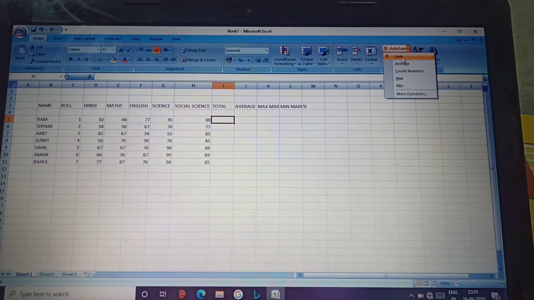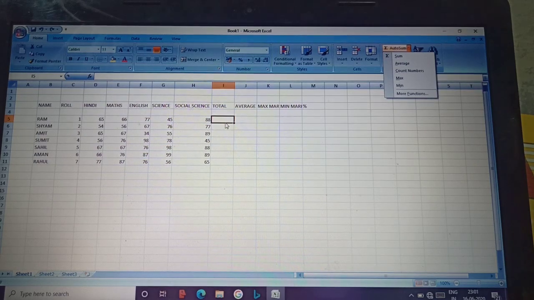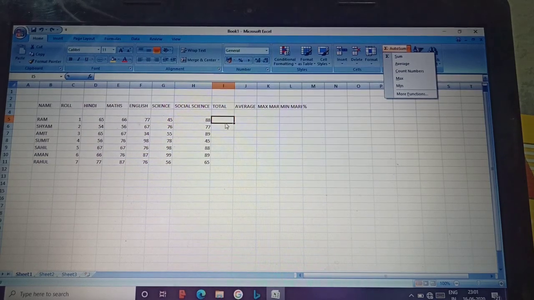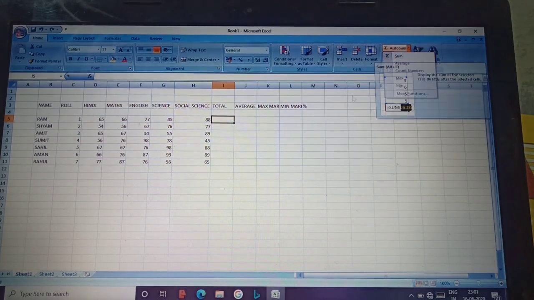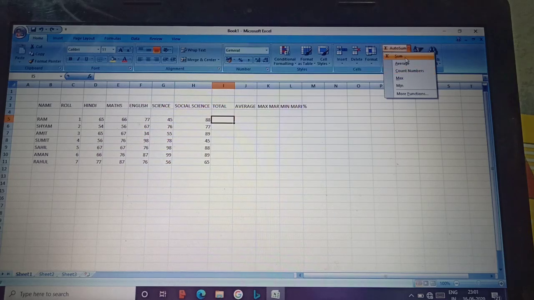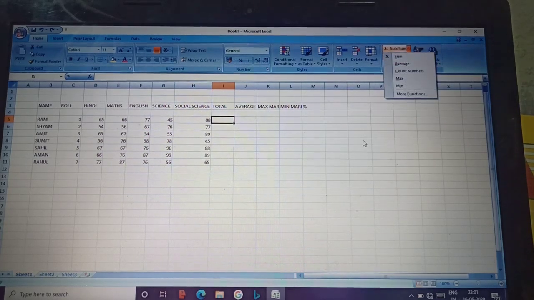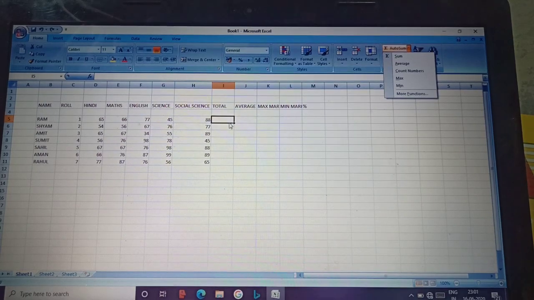From here also we can select the formulas, but we will learn how to write the formulas ourselves. These are the formulas which we can use directly, but when we have the parameters, they will be taken automatically. That's why we have to write the formula on our own most of the time.